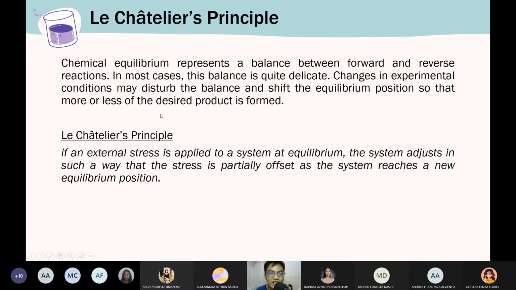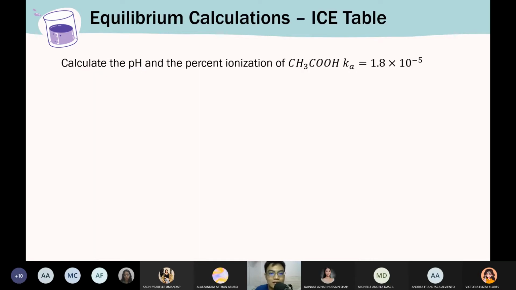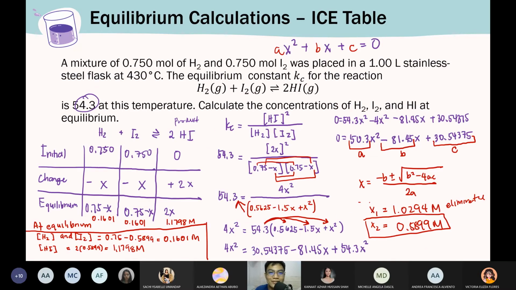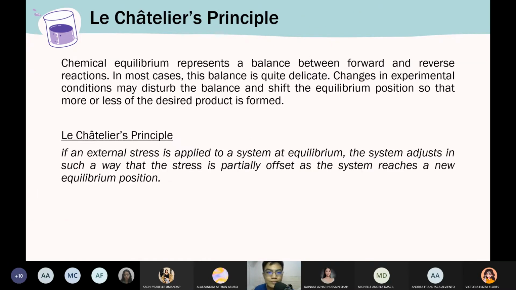Le Chatelier, ewan ko. Basta yun, Le Chatelier. So the Le Chatelier principle states that in equilibrium system, minsan na-stress sila. Okay, just like us, no? Right now, stress na tayo dito. Look at that. So, katulad ng equilibrium system, na-stress din tayo and sila rin, okay? What do we mean by stresses, no? When we say stress, those are either changes in the temperature, changes in the pressure and the volume, o kaya